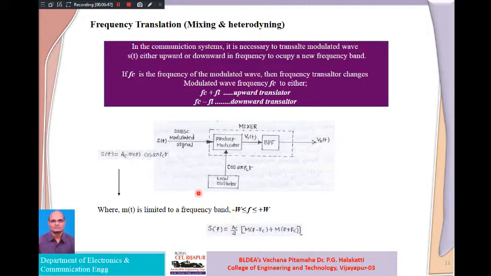That M(f) is now multiplied with δ(f - f_c) + δ(f + f_c), then you will get these two terms, one indicating the upper and another the lower band portions here. If you multiply these two, that is the output of a product modulator. Let us see how things are working there.